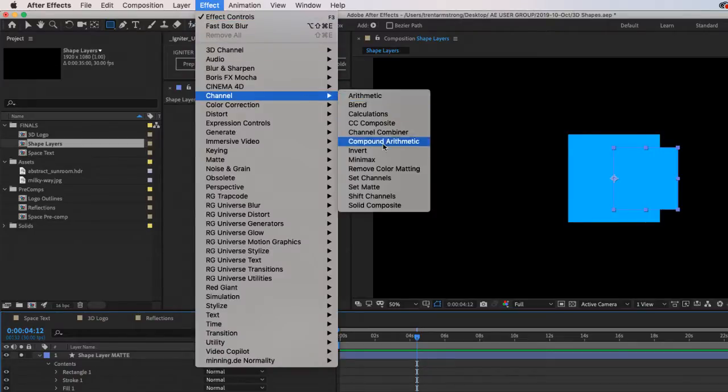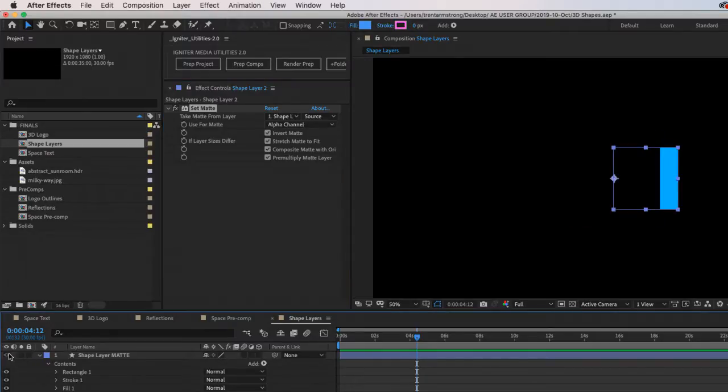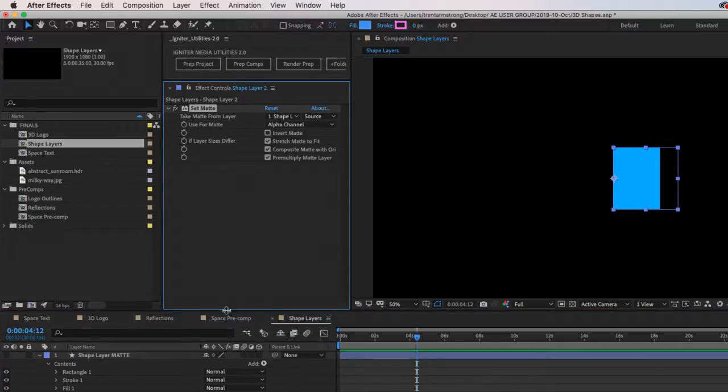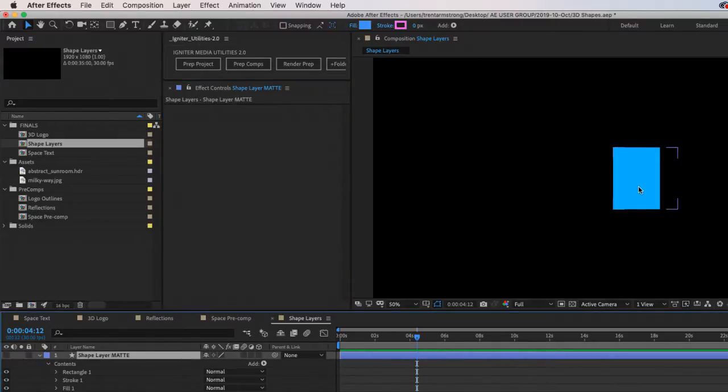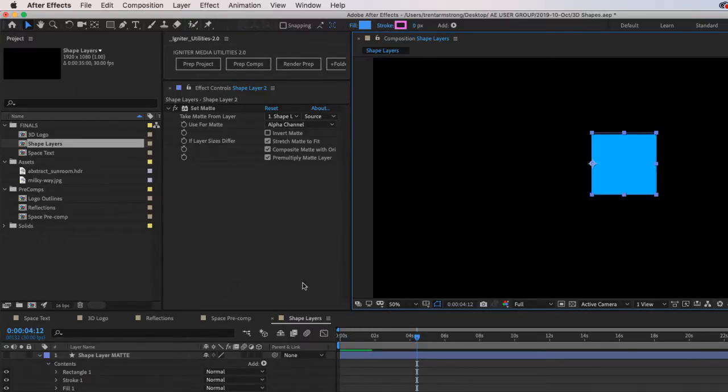So I can do channel, set mat, and use that right there. I can invert it and turn it off like that. So this guy is being cut out of the other guy, right?